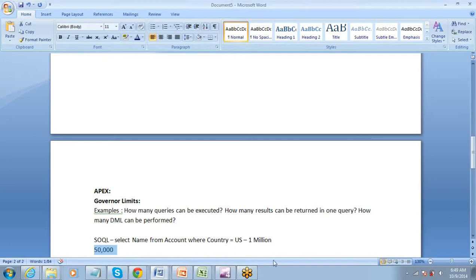Alright. If you hit a governor limit, it's not going to hamper the performance of Salesforce anyhow. Salesforce has made sure that wherever you hit the governor limit, the task will be ended. Salesforce will return whatever is permitted by the governor limit, and then the task will get ended.